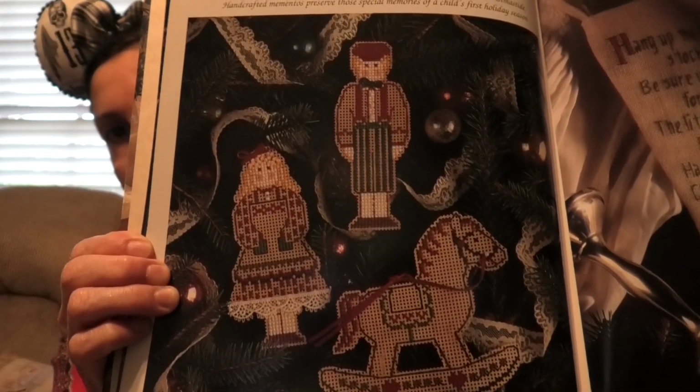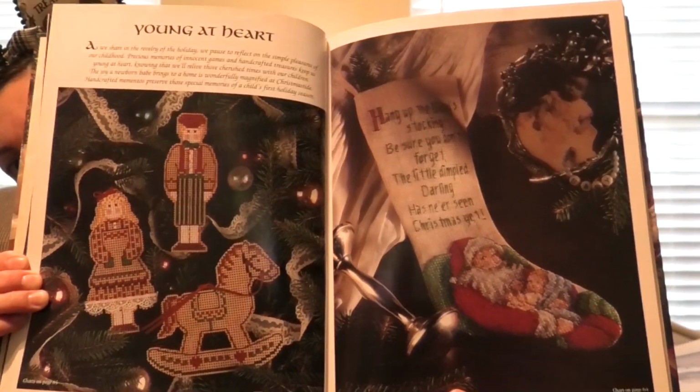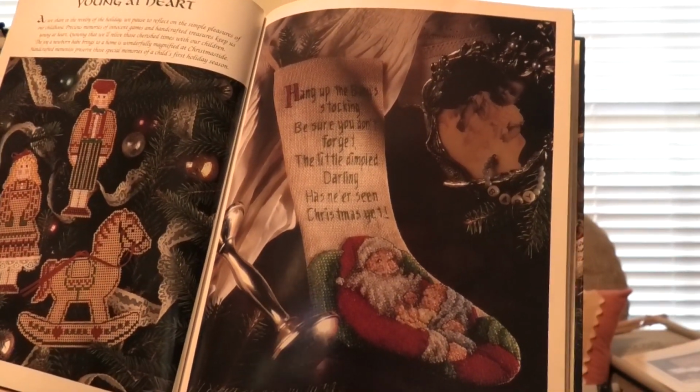Young at Heart. These are done on paper. If you've never tried cross-stitching on paper, it's a lot of fun. And this is a stocking, a very beautiful stocking. Anybody would be happy to get